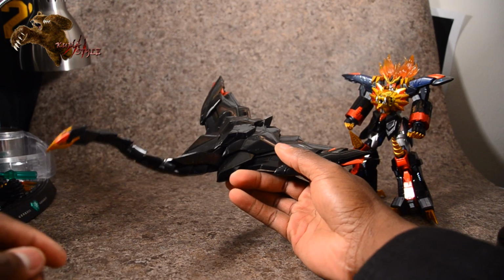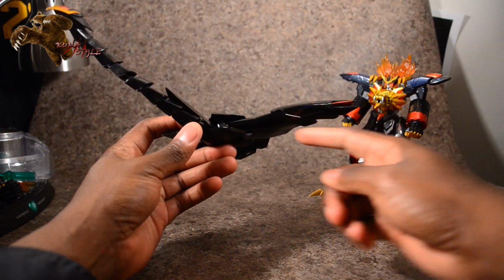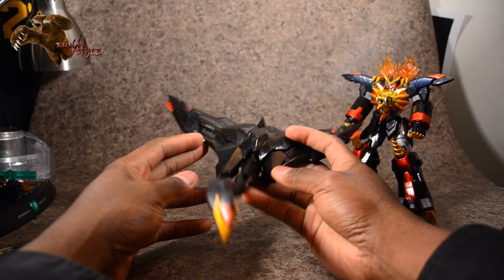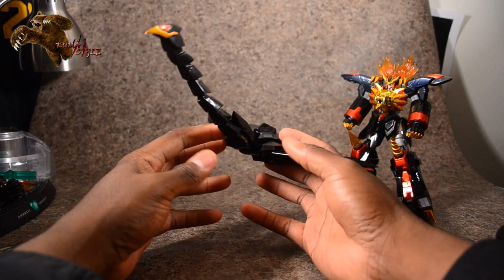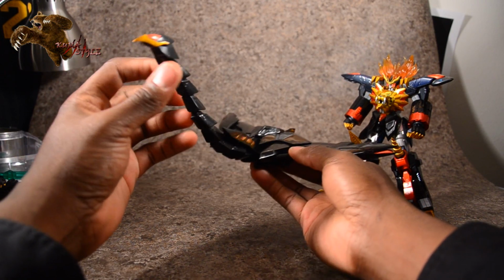Alright, so he's incomplete though. In the cartoon, Gaogaigar's forearms are actually made from almost like bomb packs that go on the bottom right here. But outside of those, this is a pretty complete Gaogaigar. Like, it's nice. Alright, and I could see this being displayed separately, even though I wouldn't personally do it,